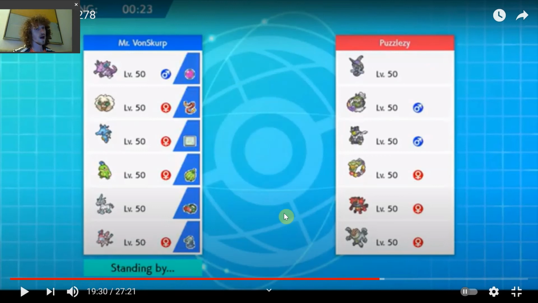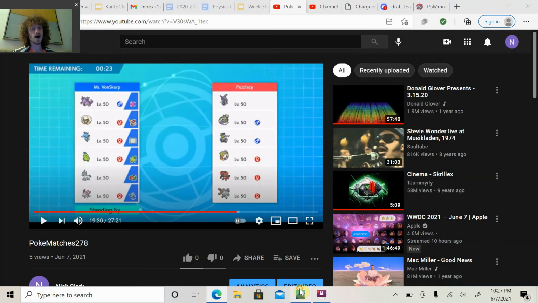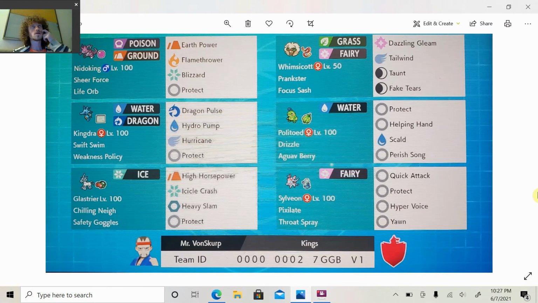susceptible to fake out. So I don't have Protect on Whimsicott, which is the one reason I wasn't originally using Whimsicott. However, I think that Fake Tears Whimsicott is actually so useful for this team that when you add Whimsicott, the team honestly gets so much better and has so much more competitively viable options. And so I do really like this new variant, and here's the rental code if you want to